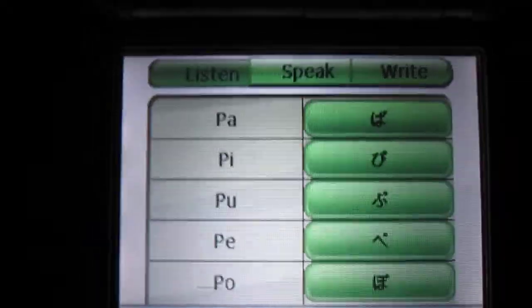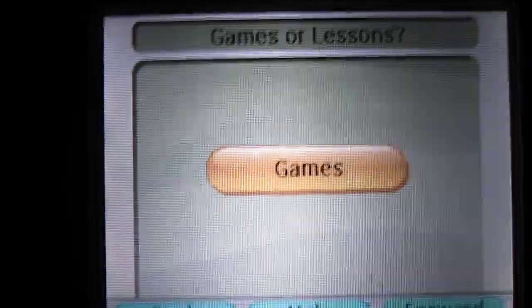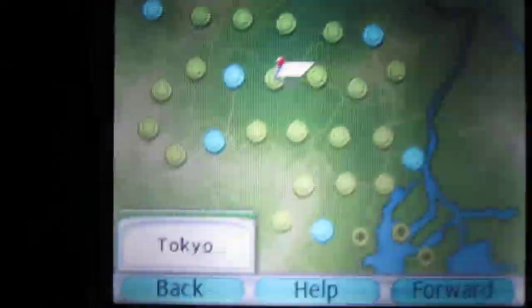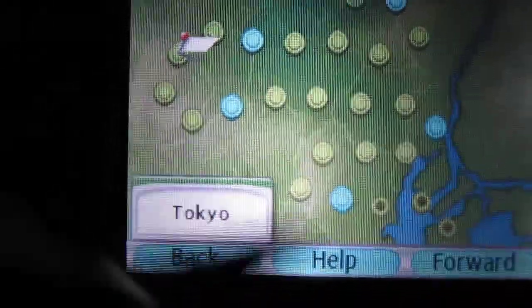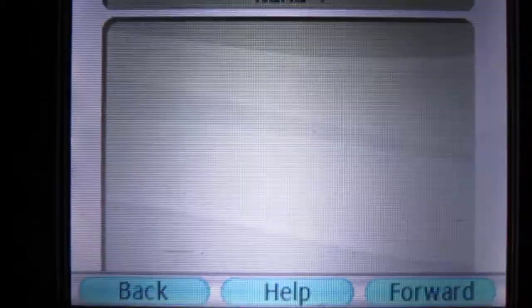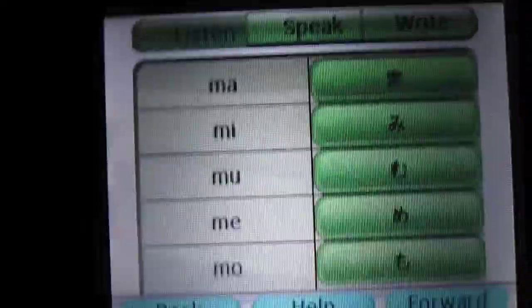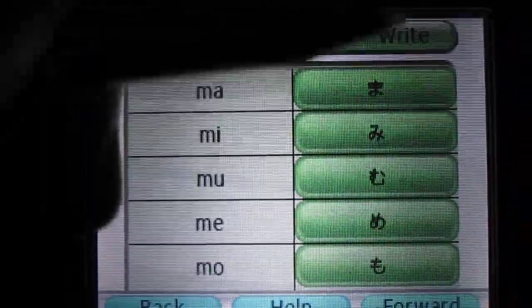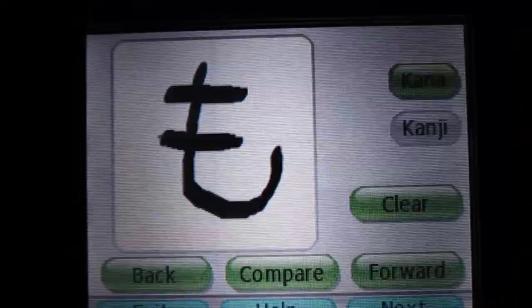Okay, next we've got, what have we got? It's on to lesson 13. This time we're looking at mo. That's the bottom there. Now, when it comes to mo,